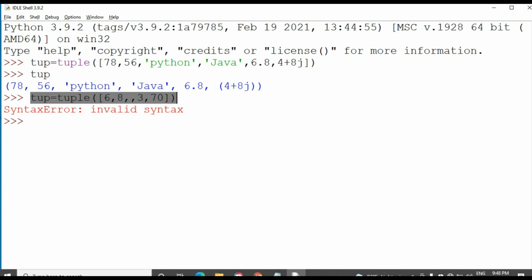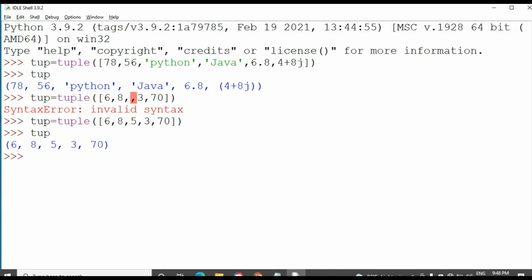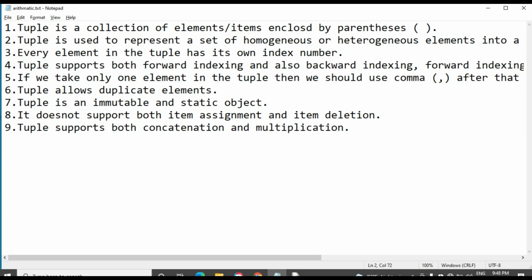Sorry, I have taken this comma twice. I'll add one more element here. See, this is the example of a homogeneous tuple.